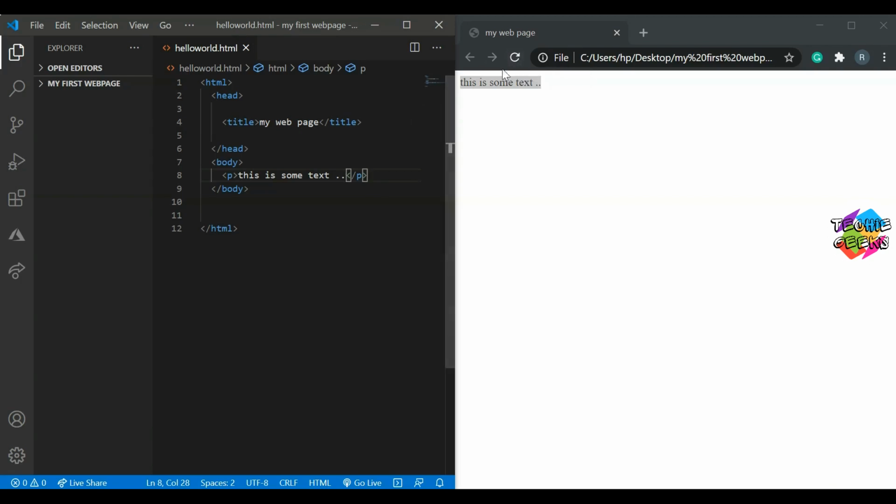Let's save this and refresh it on our web page. The text doesn't look different at all. The paragraph tags don't restyle the text. So what's the point? Now let's go back to the normal text.